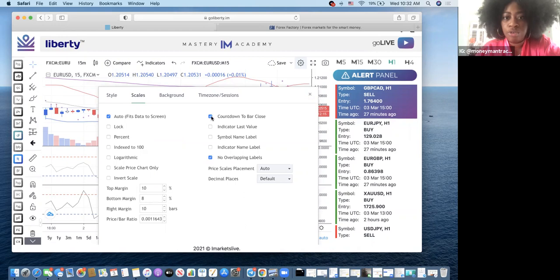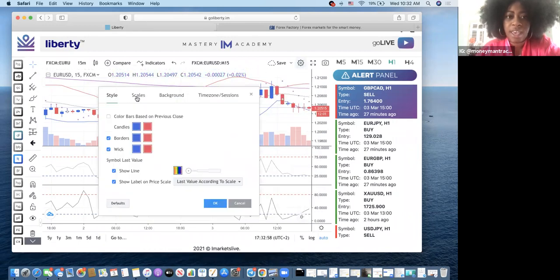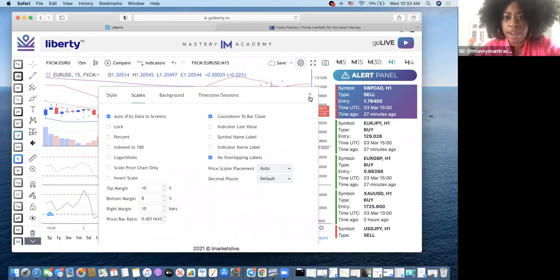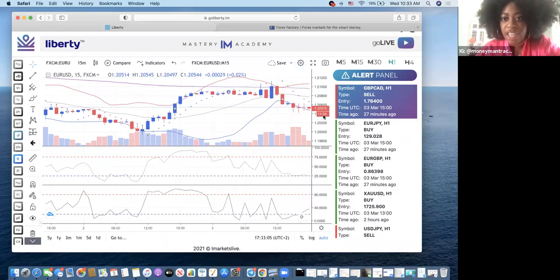And you want to click countdown to bar close. You want to make sure that is on, because that's going to tell you how long you have to analyze the market before your next candle forms, right? So it's going to be chart properties, scales, countdown to bar close, right? Because then we can literally see right here, in 11 minutes and 53 seconds, that's when our next candle is